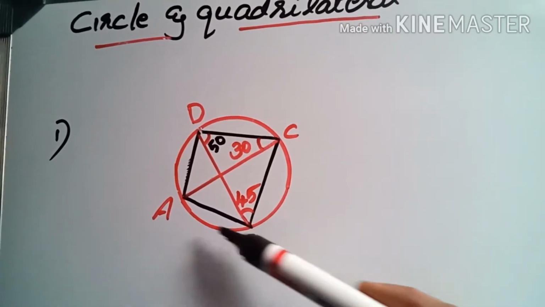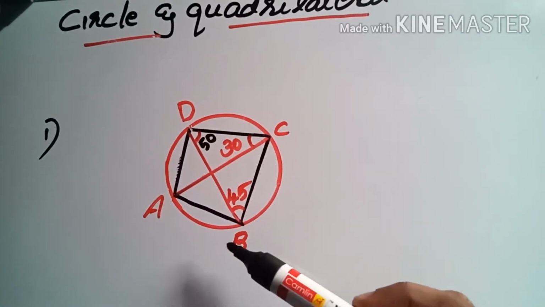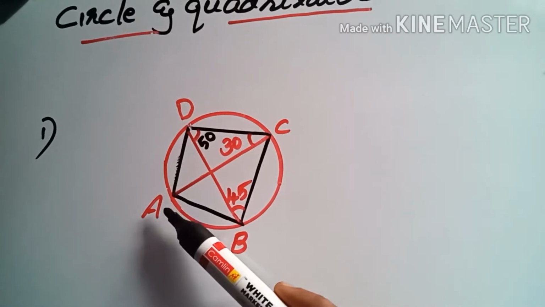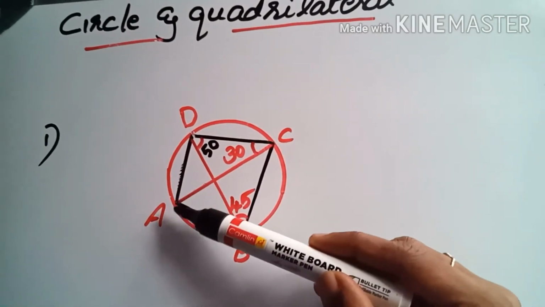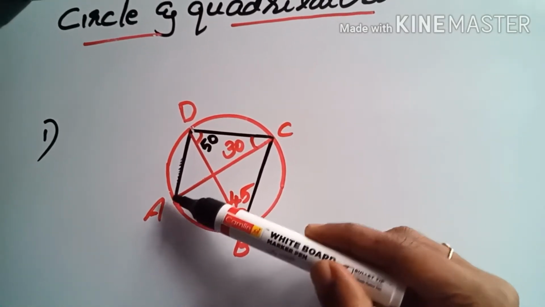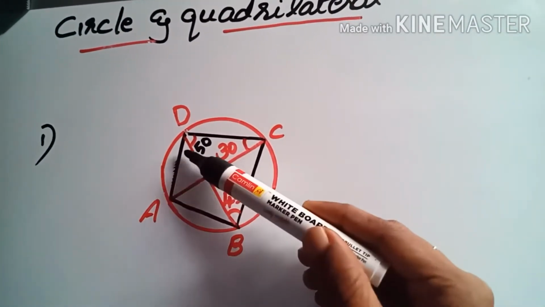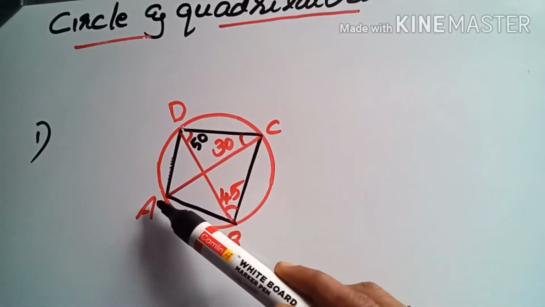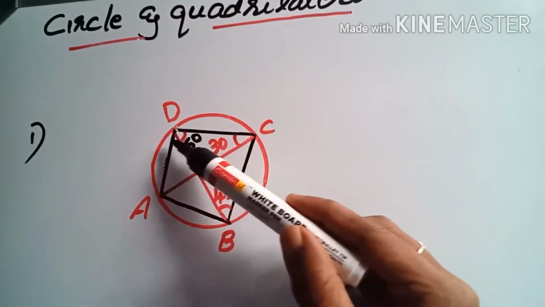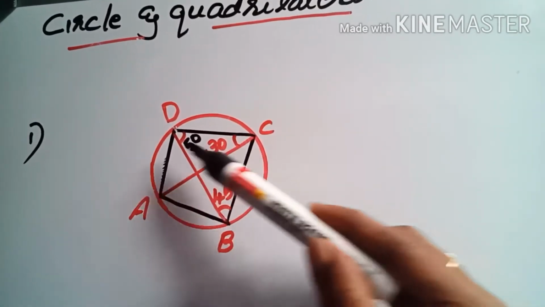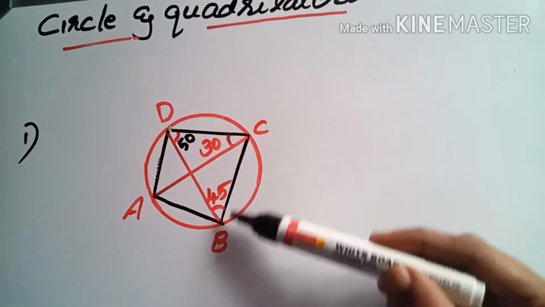So consider the chord AB first. If AB is a chord, the arc is the large arc AB. So let's check which angles start from the point A and end at the point B on the circle. When we check this, we can see angle ADB, but here it is missing. Next angle is A, then CB, ACB. So these two angles will be equal, but here none of the angles is given, so it is not possible to apply here. So let's consider the next chord, that is BC.